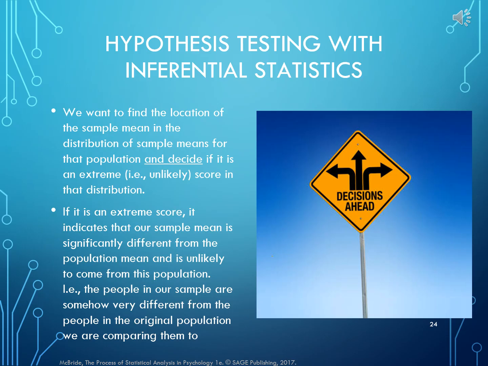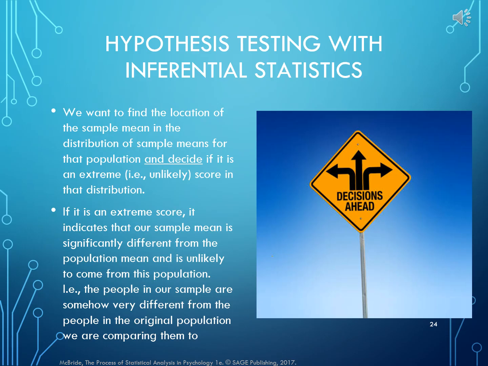All right, this is the theoretical distribution of sample means for the population if the null hypothesis were true. The distribution of sample means if the null hypothesis was true. And we look at where our sample mean falls in this distribution of sample means. And if it is on the extremes, if it's an unlikely, improbable score because it's very high or very low, and so it's on one of the edges, right or left, of the distribution of sample means,